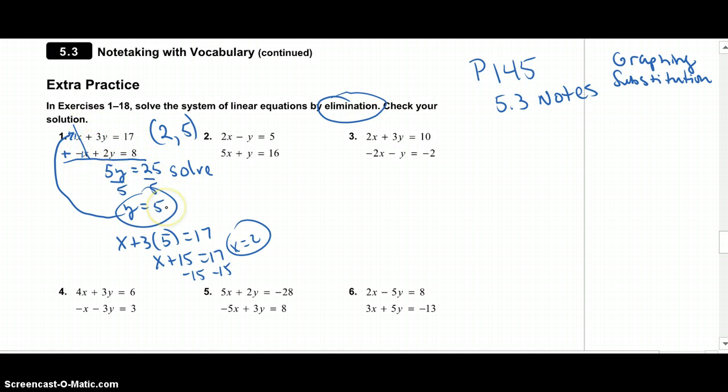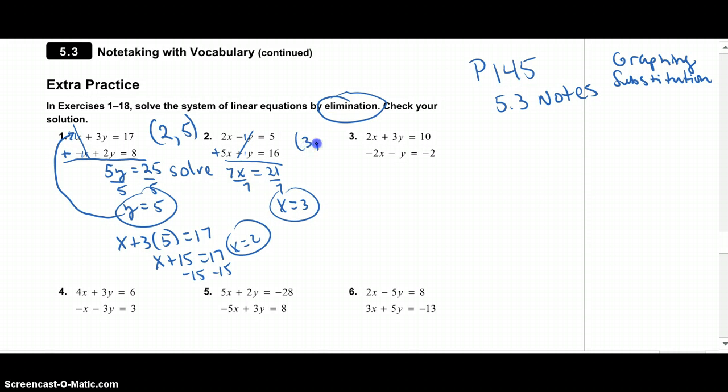So that last part is just like substitution, but the first thing you'll do is add the 2 equations together. For example, number 2, now if you look at the 2 equations, the x's are different. If I add those, I get 7x, but the y's are -1 and +1, so I can just eliminate those. When I add them together, I get 0. Equals 21, so x is 3,